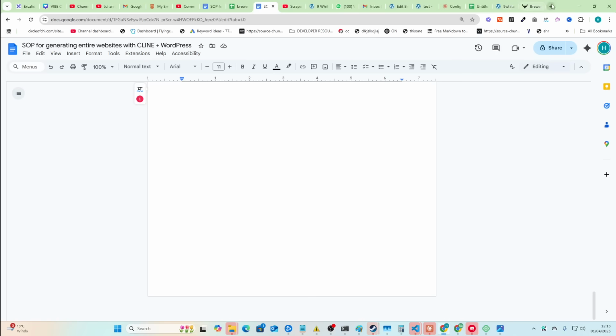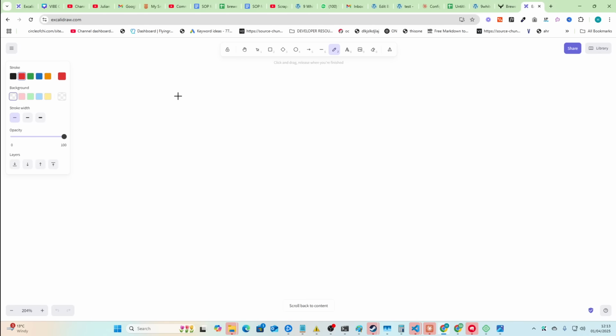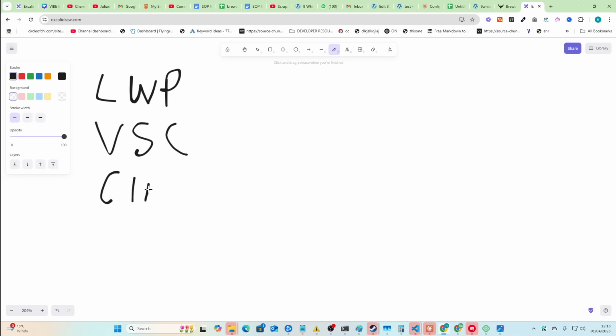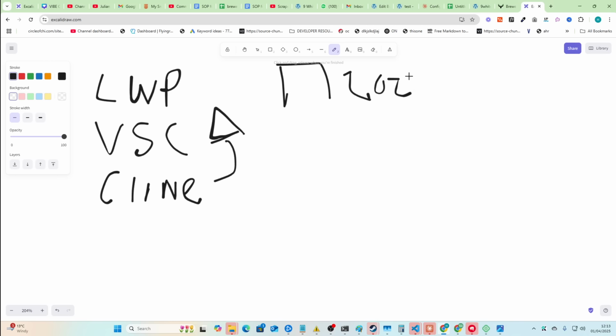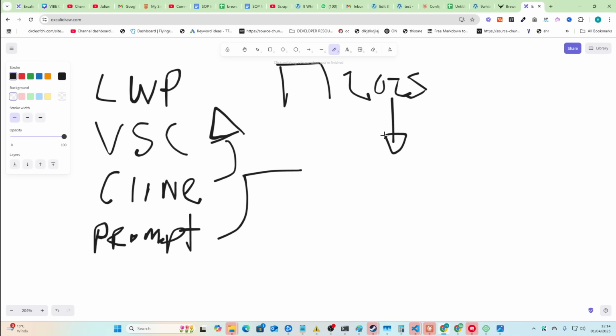Okay, so in terms of what you need to understand here, let me quickly go back and explain what I've done so far. All I've done is I've got a local WordPress instance, and I've opened it in Visual Studio Code. I've asked CLINE to read the WordPress files from Local WordPress, which is just a blanket templated 2025 themed WordPress website. And now all I'm going to do is prompt CLINE with my specific prompt that I've been working on and iterating on. It probably still needs some iteration, I won't lie to you. And that should then change this theme from 2025 to a custom